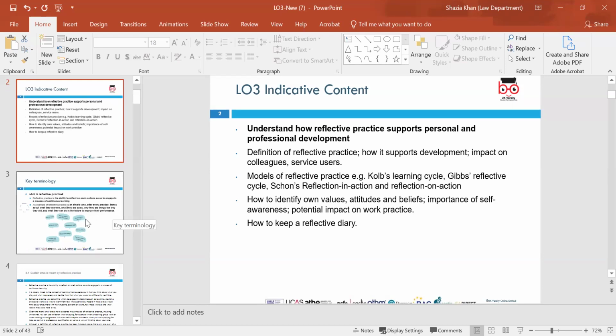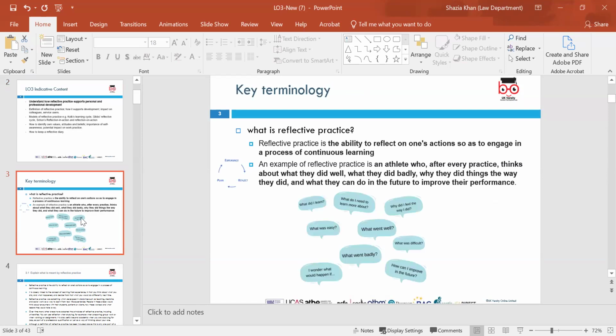So what we're about to do now is go into it in a little bit more detail so you've got an idea. Key terminology: what reflective practice is. It's a powerful tool for personal and professional development, allowing you as an individual to analyze your experiences, learn from them and improve.